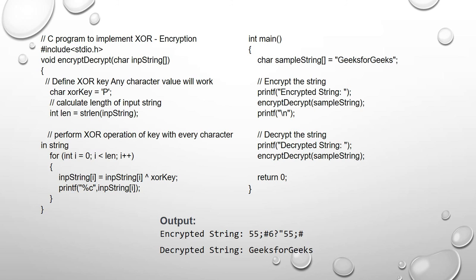Again, the same length we have to calculate, we have to run the loop, and we have to convert one by one character by using the caret symbol or exclusive OR operator, for the total string. So if you enter this Greek for Greek word, as per encryption it will display in such a manner, and as per decryption you will get this type of value.